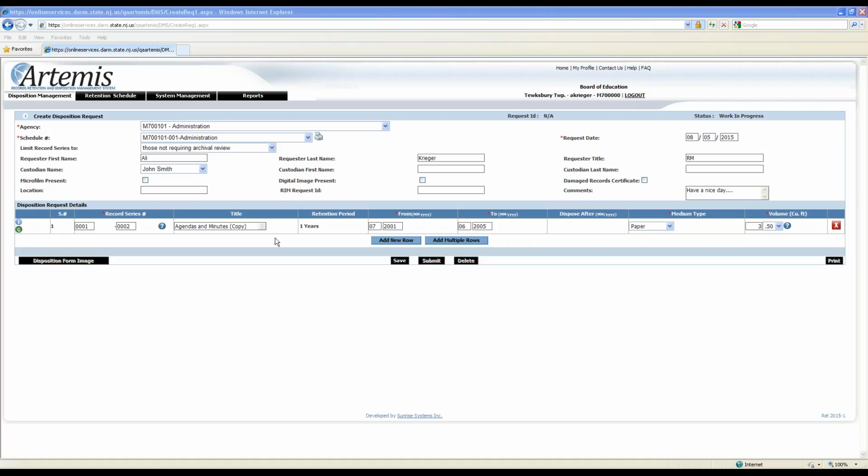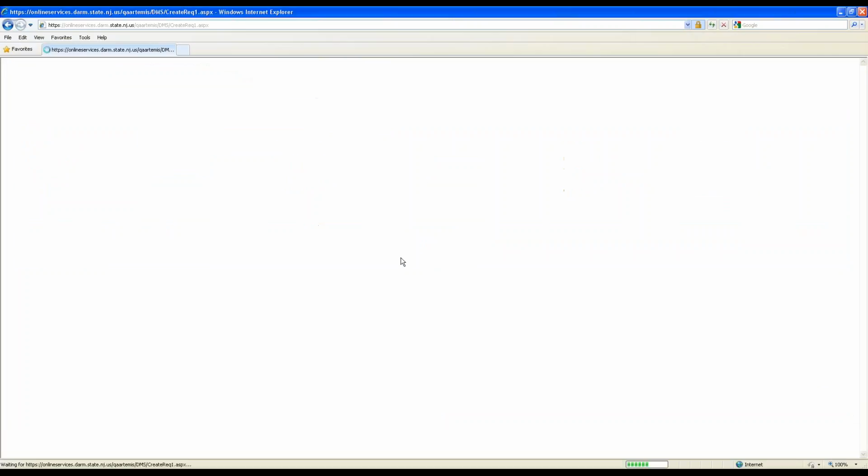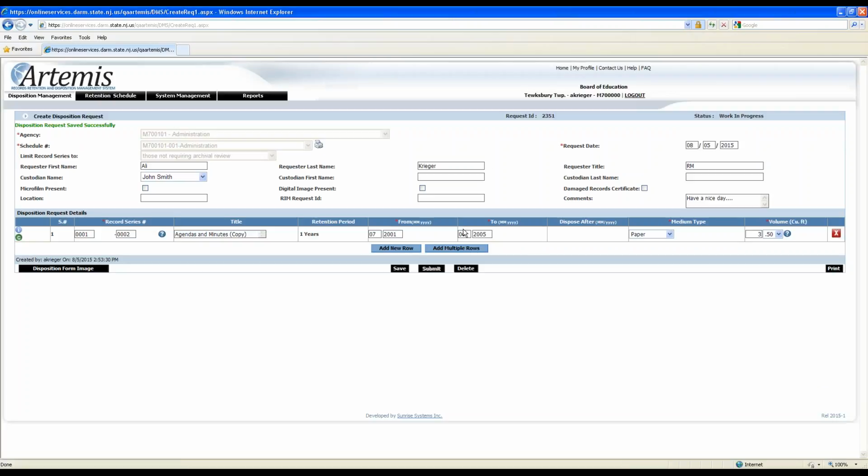Now, I mentioned earlier, one of the things you want to do as you work in disposition management is constantly hit save after you're done entering each line. The reason is, I know nobody's ever busy out there, never gets called away from their desk. But as I mentioned earlier, if you're logged into the system and the system doesn't detect any activity for a period of time, I think it's 2 hours, it's automatically going to log you off, and anything you have not saved up to that point will be lost. So it's a good idea to click on save as we go through it.